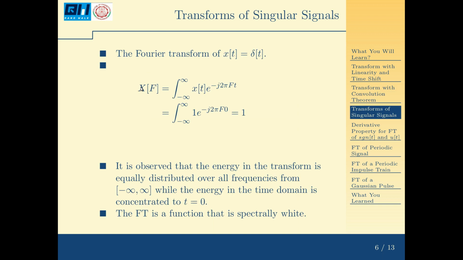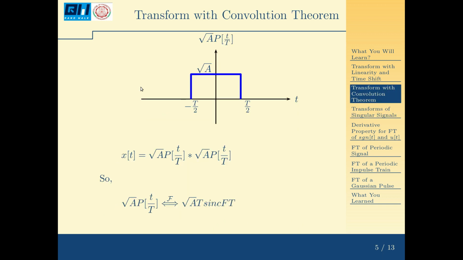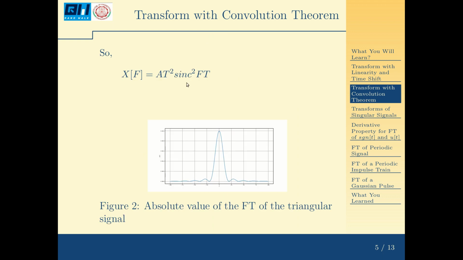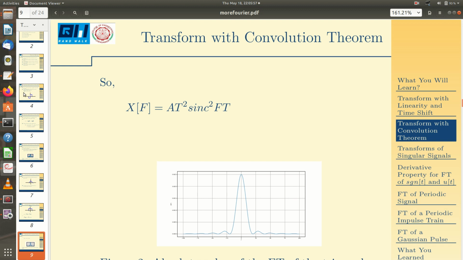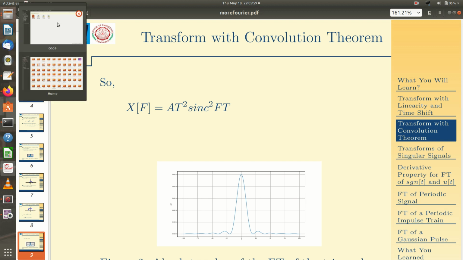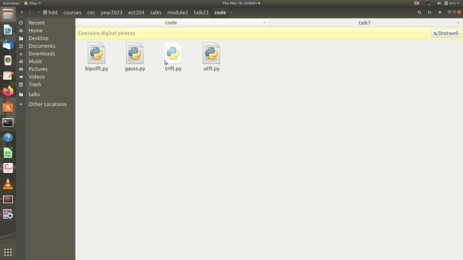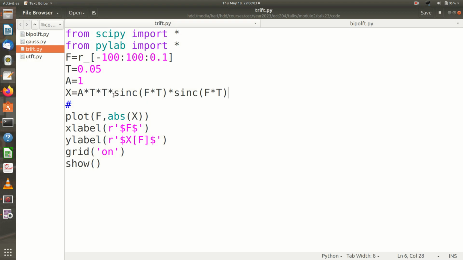So what is this? X(f) will be this Fourier transform squared. So it becomes A T squared sinc squared(fT). So the Fourier transform of my triangular signal is A T squared sinc squared(fT). You can see this demo. Here it is: how this varies is, it is A T squared sinc(fT) times sinc(fT), with T as 0.05 and A as 1. So if we run this,